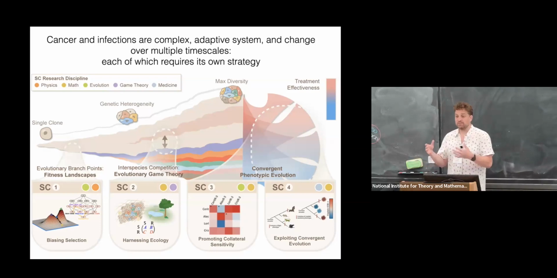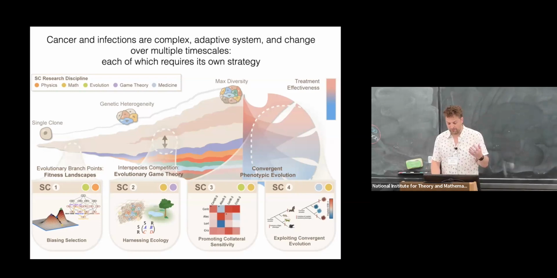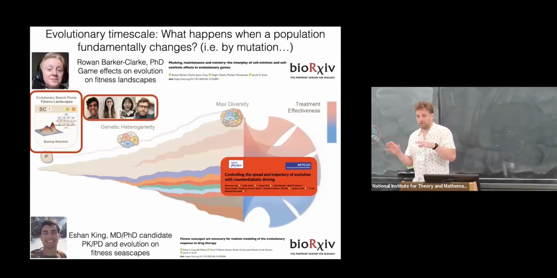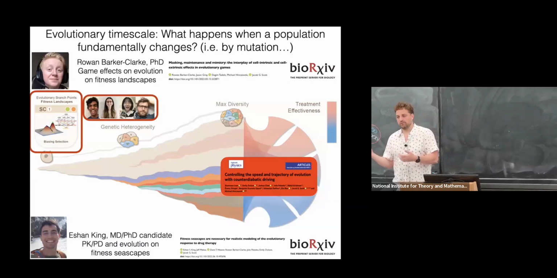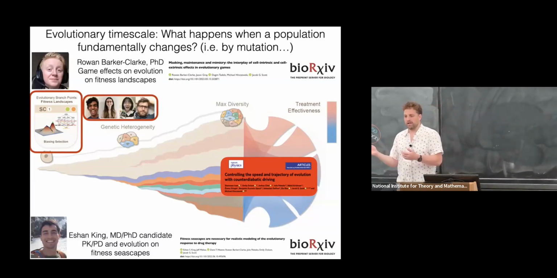And each of those timescales requires a different strategy when it comes to modeling, but also when it comes to intervention. And so I'm going to tell you about these 3 timescales in a row, and this means that probably everyone here will get this already. I'm going to name them just for convenience. I'm going to call the longest or slowest timescale an evolutionary timescale. Allow me that. And this is where mutation dominates.